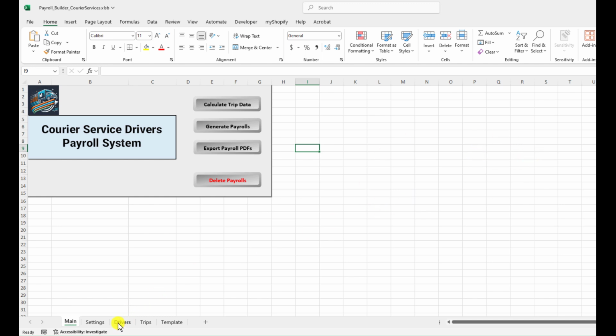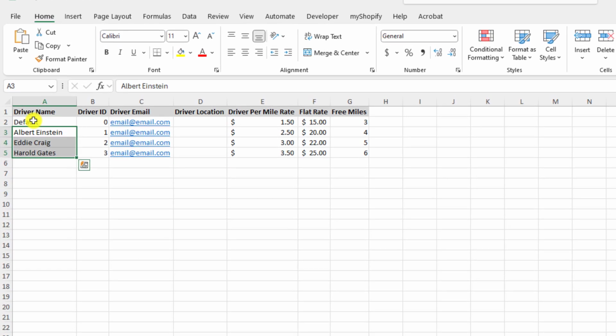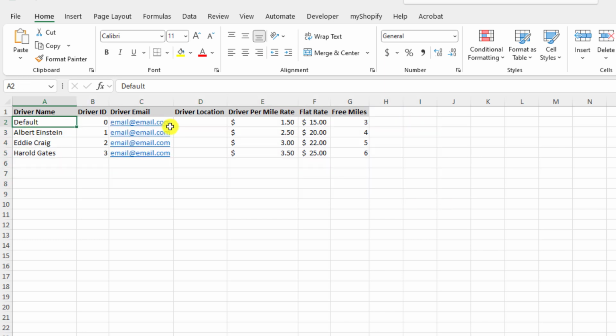So the first thing, I'm going to show you how we set up our drivers. We've got this driver sheet. Again, this is an Excel tool, so you can use all the Excel functionalities such as copying and pasting, formulas if needed, etc. In the driver sheet, in the driver area, we can enter a pay rate for the default driver, and this is pretty much any driver that is not listed in here, while allowing the user, the manager, the business owner to set customized